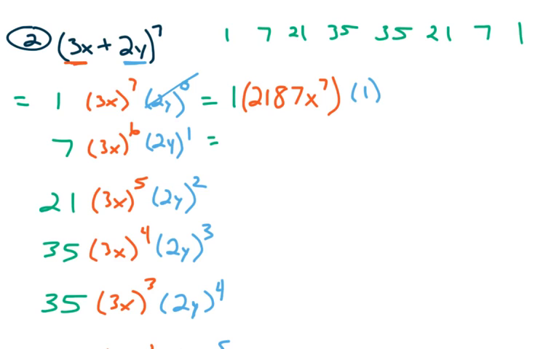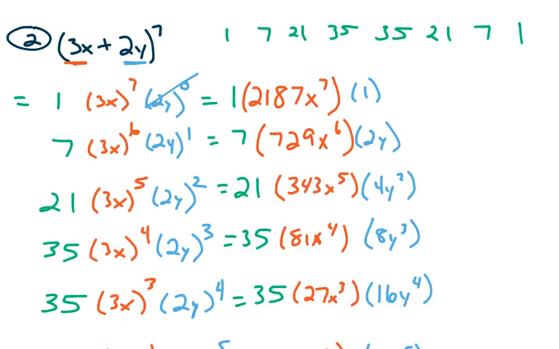And then we're going to do the exact same thing with the rest of these terms. 3x to the 6th, so this is going to be 7 times 3x to the 6th power, which is 729 x to the 6th. And then 2y is just going to be 2y. And then I'm going to do that with the rest of these terms. I'm going to pause my video as I'm making it. I'm going to fill it in, and then I'll pick you right back up when I'm done with expanding this